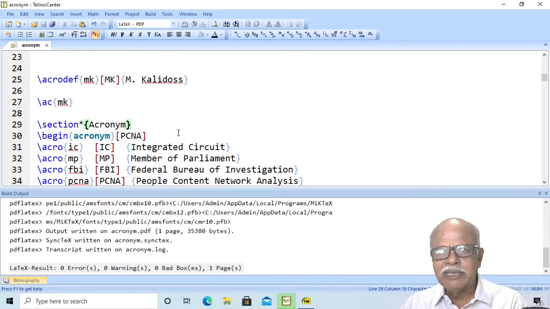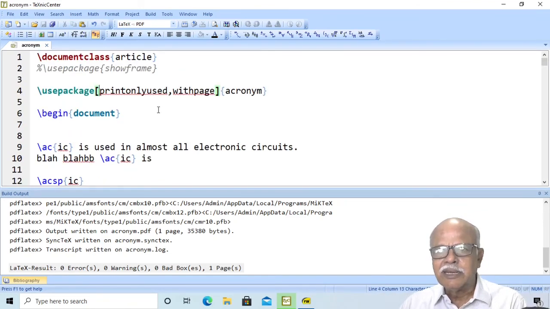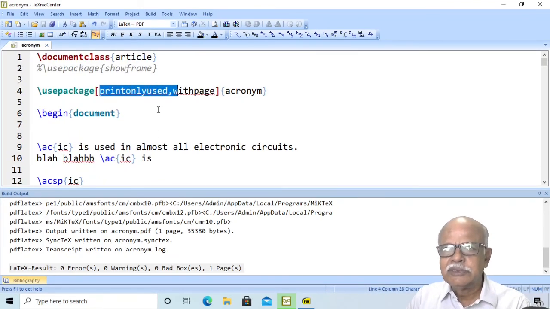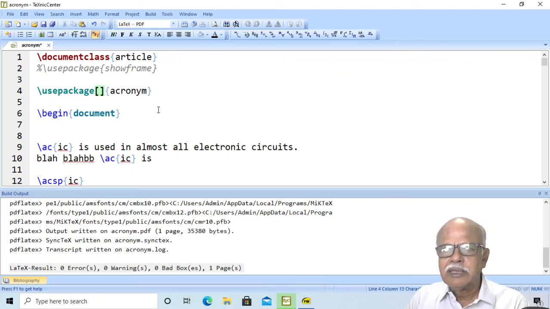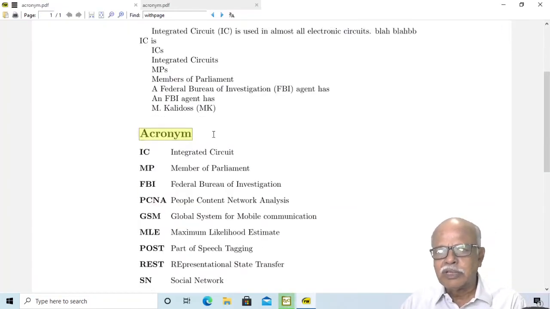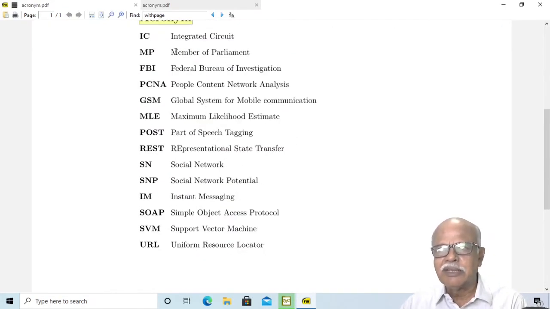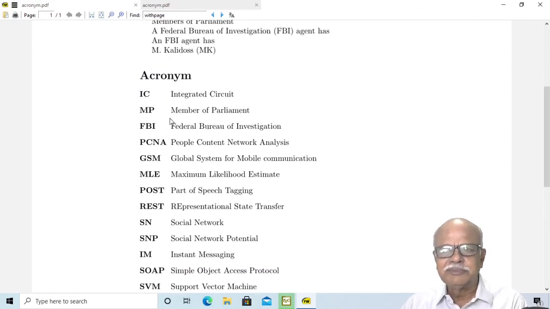Another problem is, let us remove this option, so that all the acronyms are available here. The acronyms are not sorted. You have to do the sorting manually.